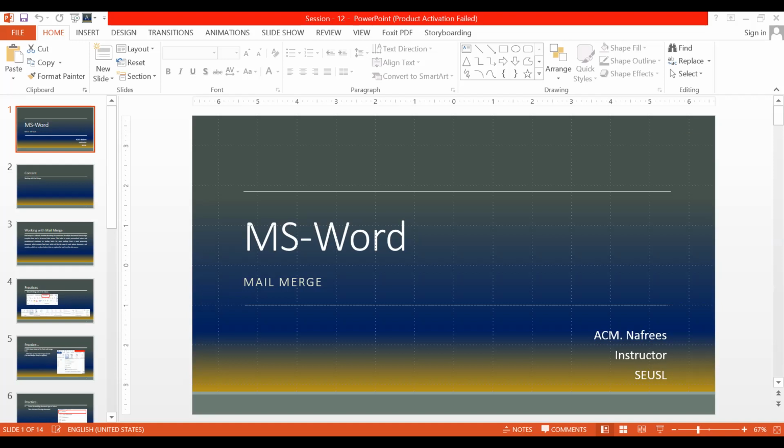No, wrong answer. Any other? No, again wrong. Others? No, the correct answer is find recipient. That is the option which is under the preview result area. Yes, good. You got it.